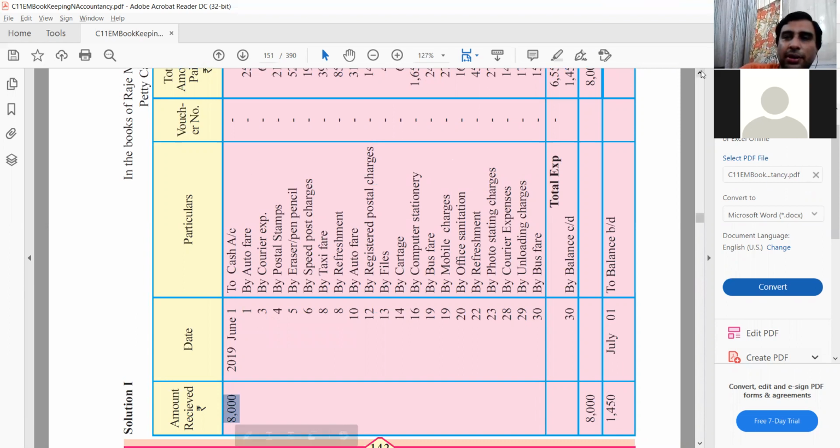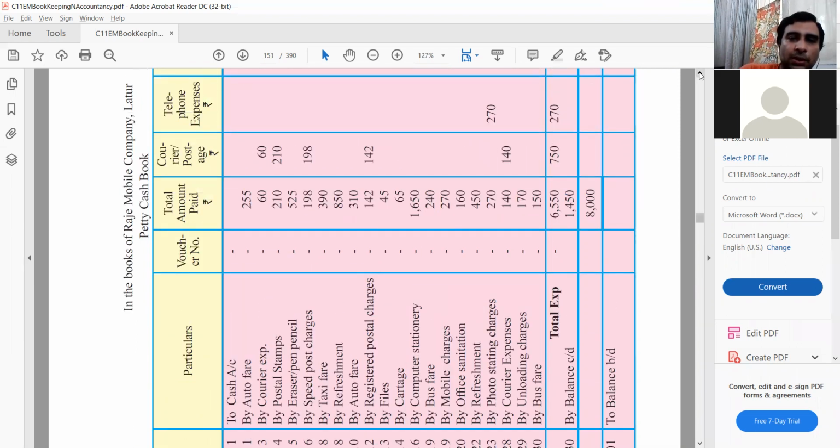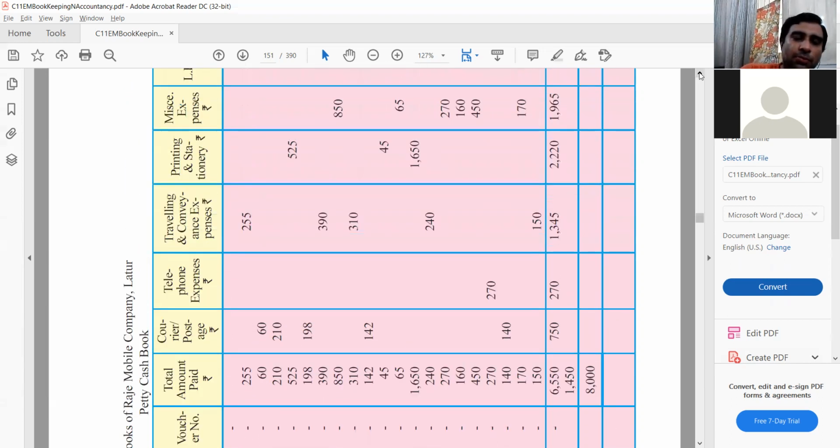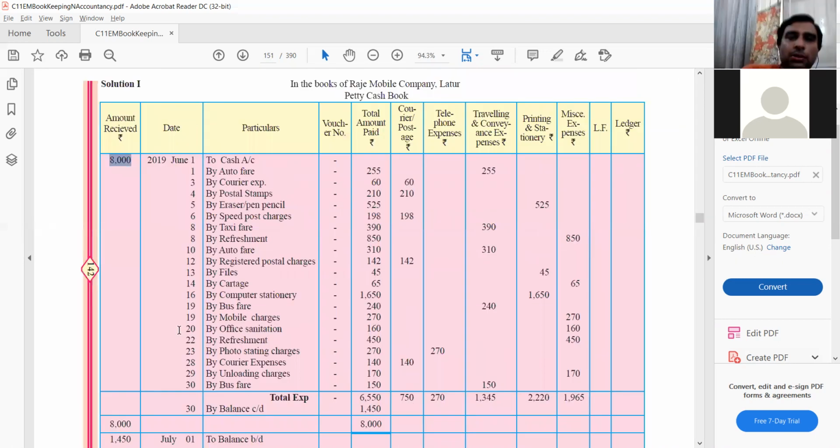Now on the right hand side, you will come. First is this total paid amount. So you can straight away first put it over here. But when you put the amount here, you have to also correspondingly put it in one more column. So what are the columns which have been created in this example? Courier postage charges. You can see 1, 2, 3, 4, 5 times in the month the courier or postage charges have been paid by the business, right? And these 5 times in the month add up to 750 rupees.